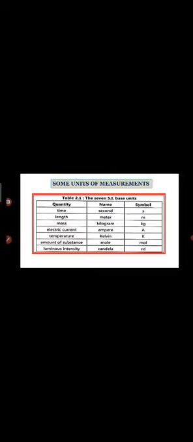So there are some basic common units of measurements. You are already familiar with these common units. For instance, quantities like time, length, mass, electric current, temperature, etc. They're common SI units, so I think there is no need to discuss this table. Now some common SI derived units that are used in many ways. There are physical quantities like area, volume, density, velocity, force, pressure, etc. And their common SI units are given in this table.